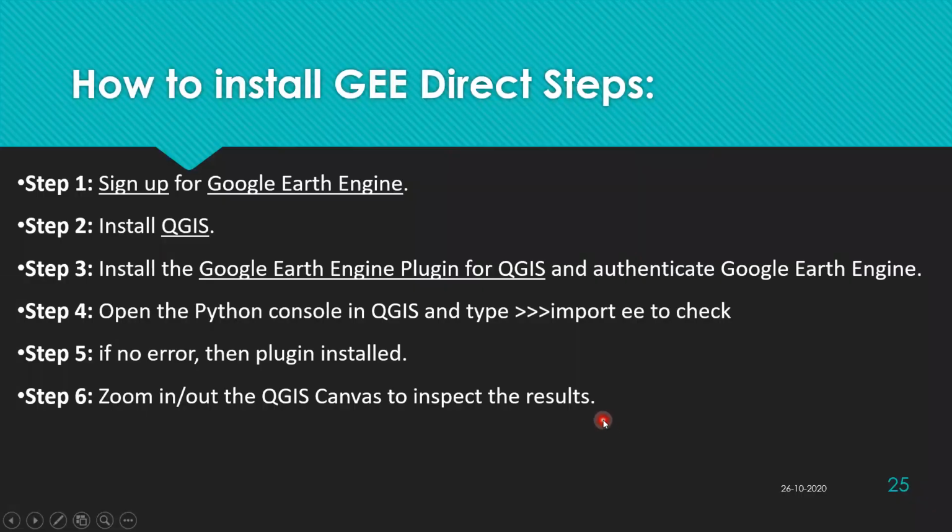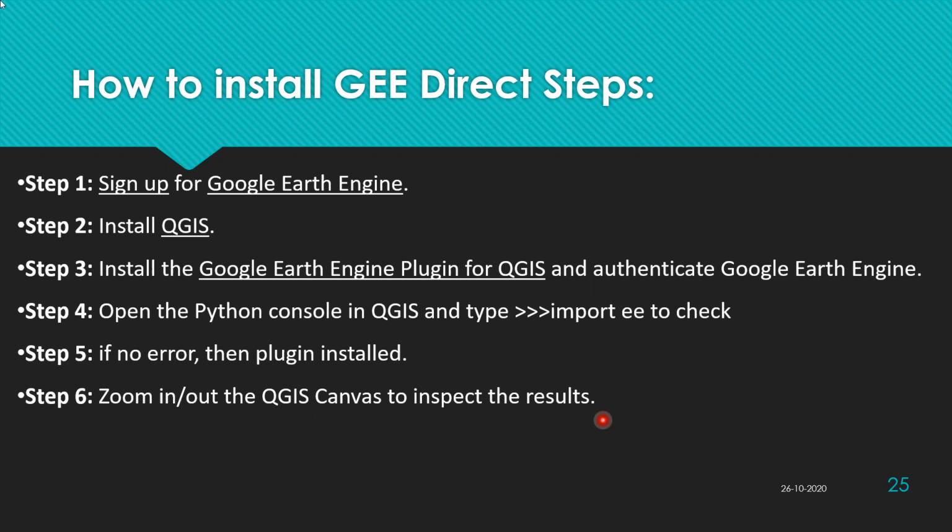So next, this is till now what we have discussed if we have found any error, what I have shown in the last second slide. So if you found, you have to follow all these steps till now. So what I did is, after doing all this procedure, again I just uninstalled my Google Earth Engine plugin to check whether it will work directly by using the direct installation process. So I uninstalled that plugin and again I followed the same procedure.